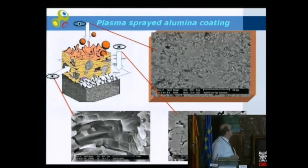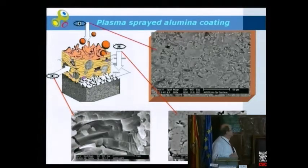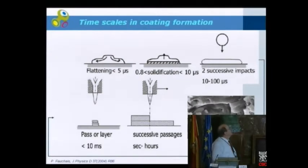And then if you look at this cross section, we see these layers which are formed by these separate splats. If you look at time scales here, when we form the coating, the droplet will flatten on the surface very fast normally, in a short time, and then there is solidification and crystallization, and here we have these small crystals formed on the splat, and then it's solidified after this period, and the next droplet is coming here,